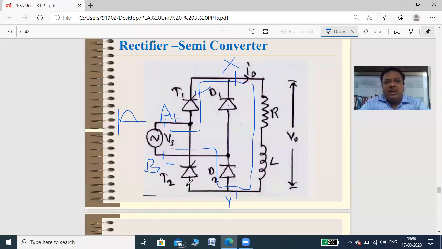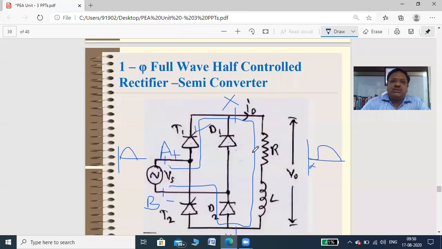So this will happen. Now, I just want to tell you the output is positive half cycle. That depends upon the triggering, right? So alpha, this is the alpha. You can have alpha equal to 30, 40, 50, whatever it is, right? Whenever SCR T1 is triggered, only at that time does current flow to the resistor or the load. In this particular diagram, an RL load is directly connected.